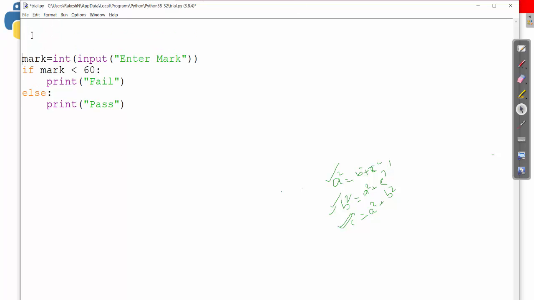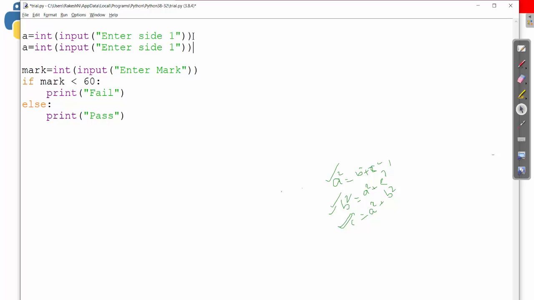So what you are going to write here is, let me write it like this. A equal to enter side 1, then this is side 2.